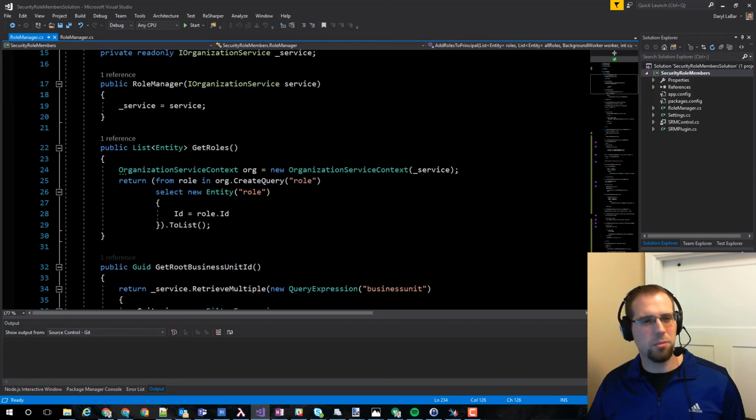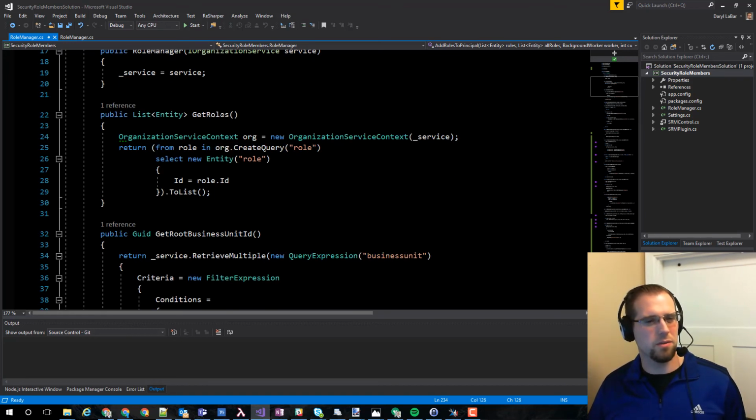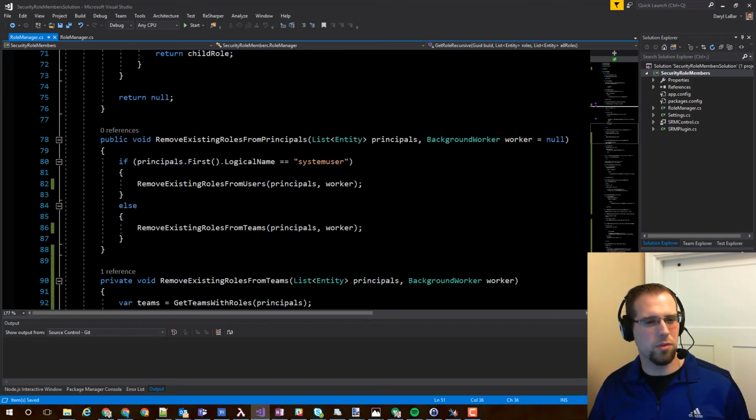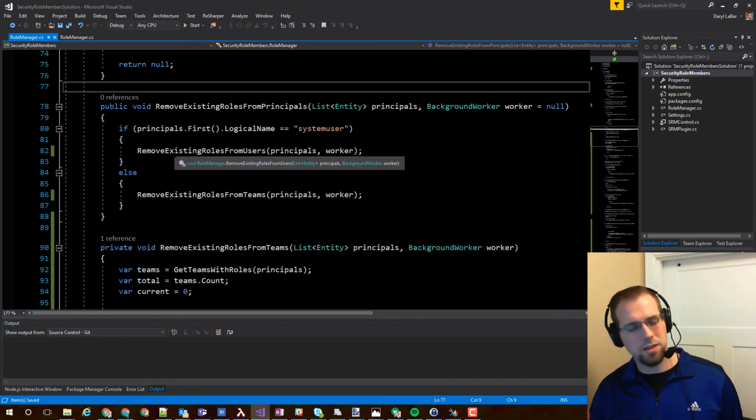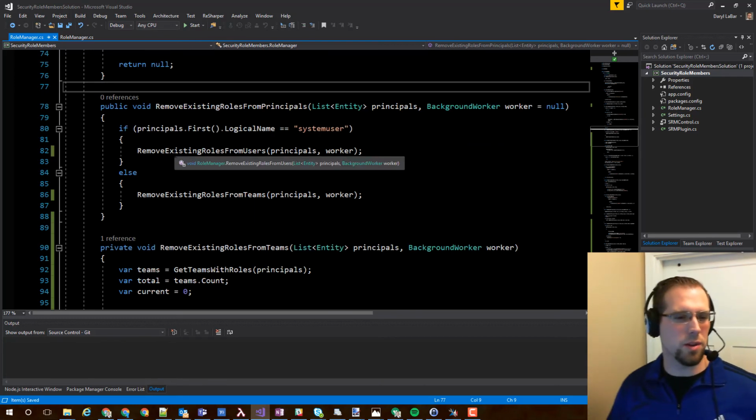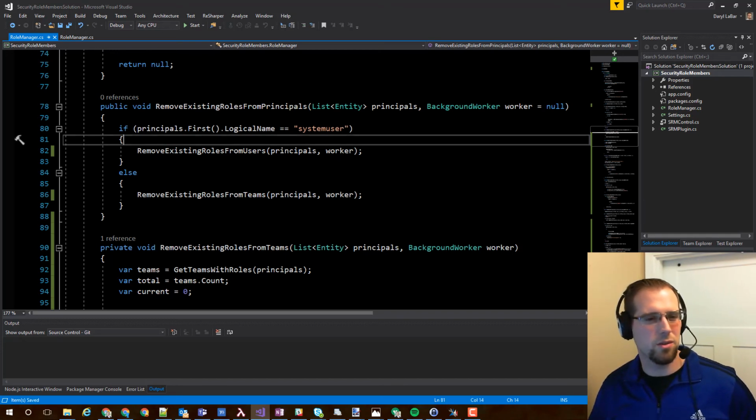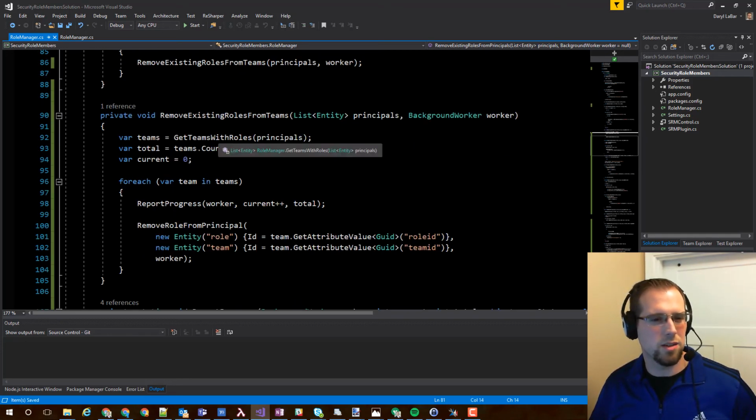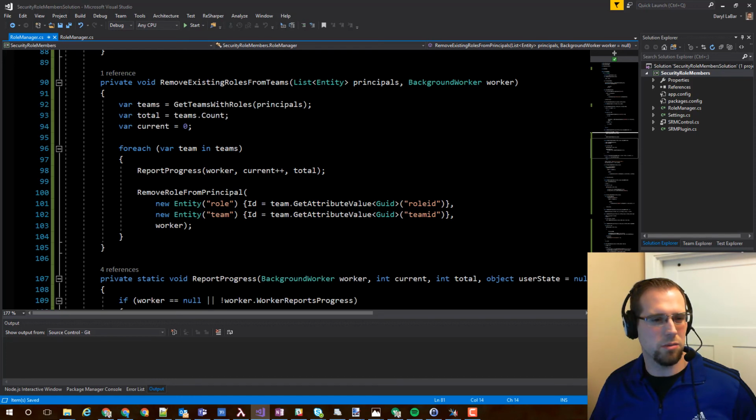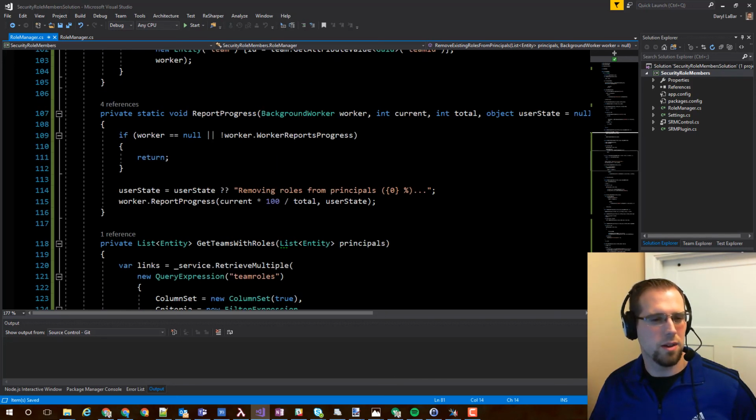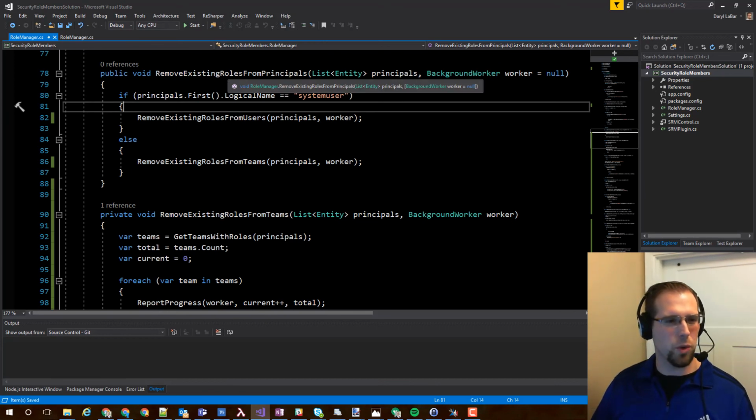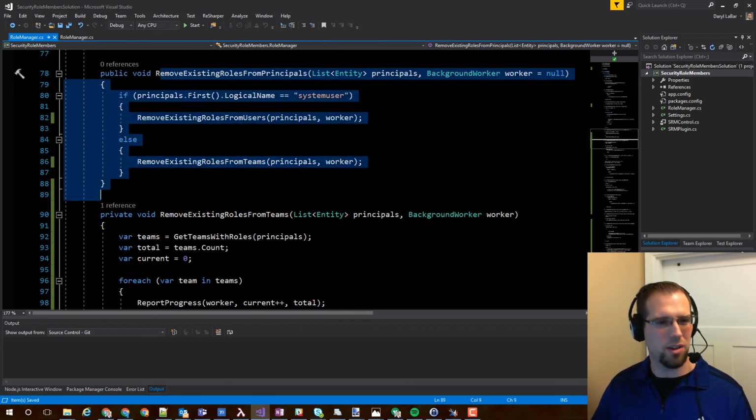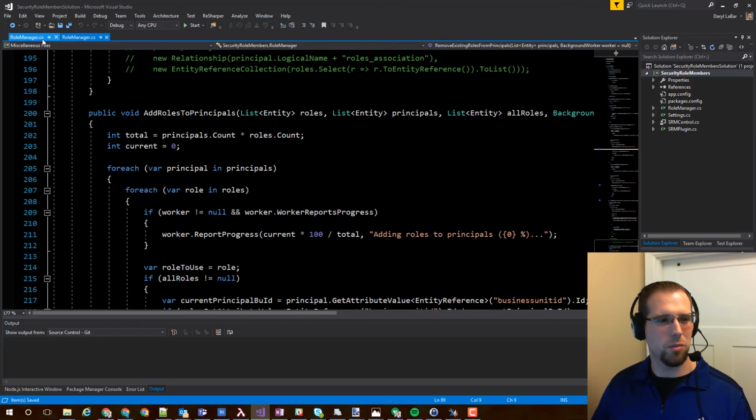The new way, let's see how this is different. It was all pretty much the same thing. Remove existing roles of principals. This is a part where I made it simpler: if it's system roles, we're going to do that, else we're going to do teams. And then this is remove roles from teams. For each team, report the progress, remove the role. That difference between this function and the old one, for readability and maintainability,